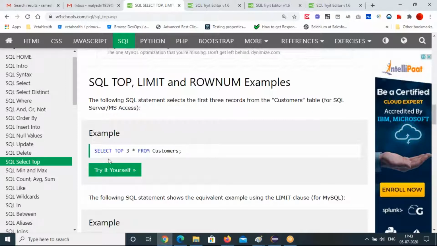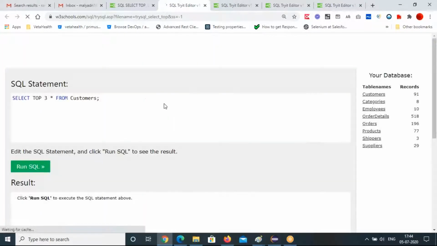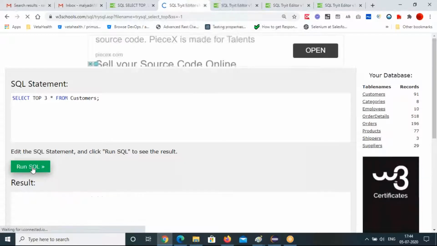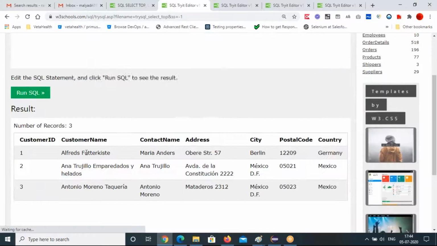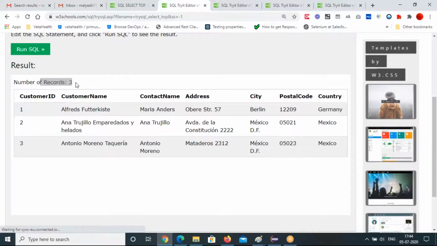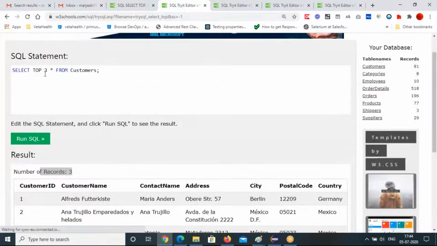Okay, SELECT TOP 3 star FROM Customers. That means from the Customers table, select the top 3 rows of data. That's the meaning of this. Use this table and execute it. See that? Only 3 records are fetched, the top 3 records from that table.